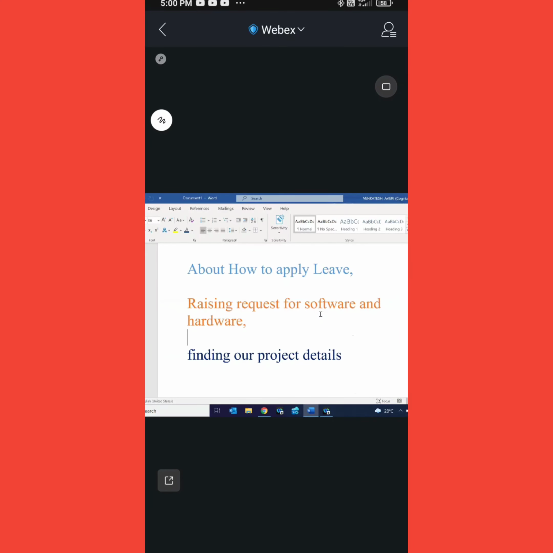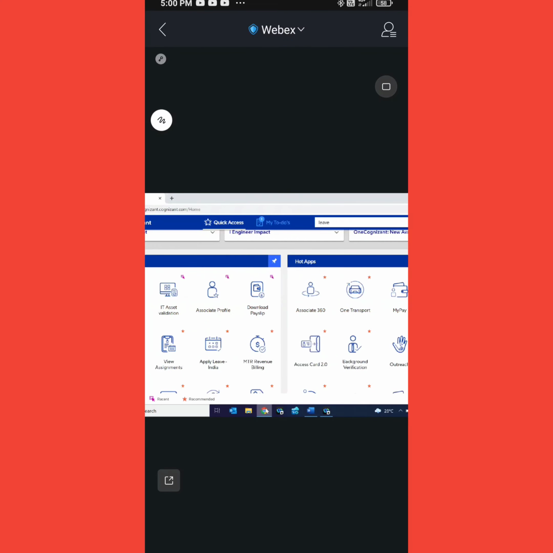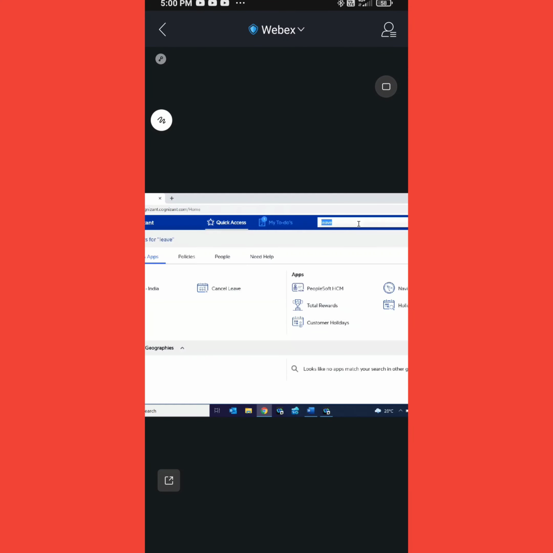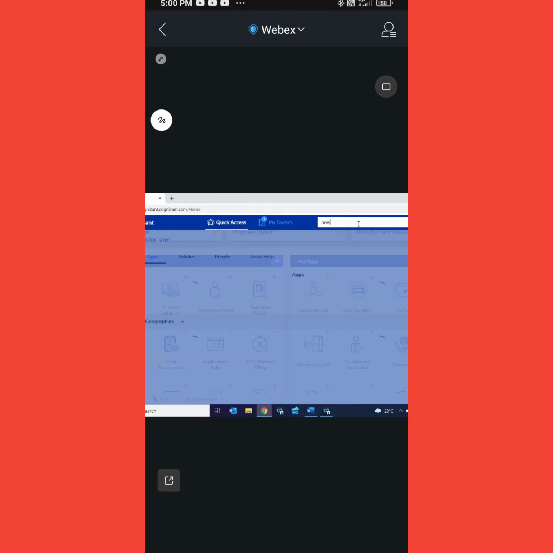The people who have joined recently, I got some comments asking how to raise a request for a laptop as well as a desktop, whatever the HR told you at the time of onboarding. So go towards it like that. For each and every software request we need to go to One IT.